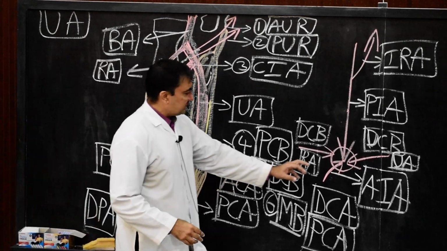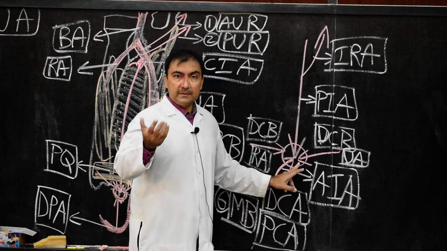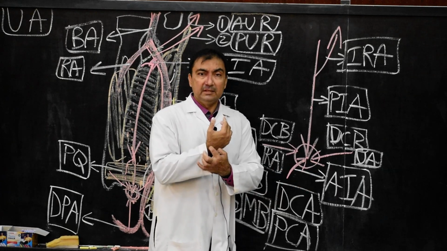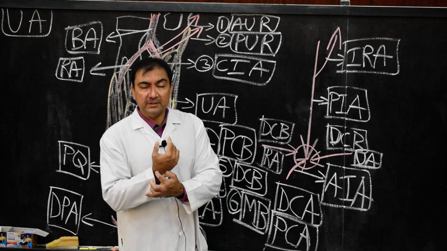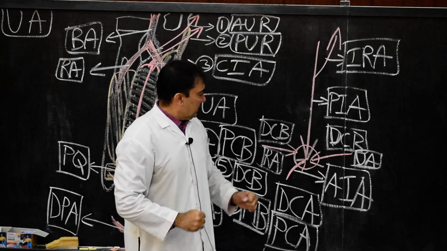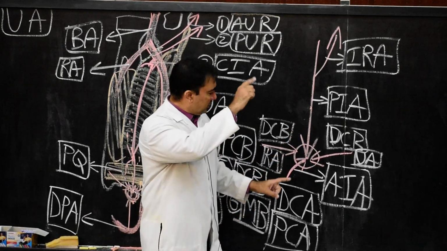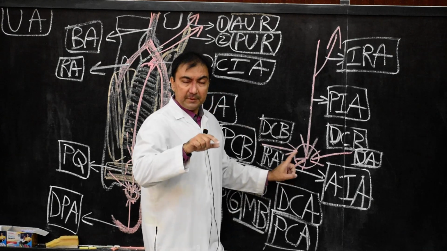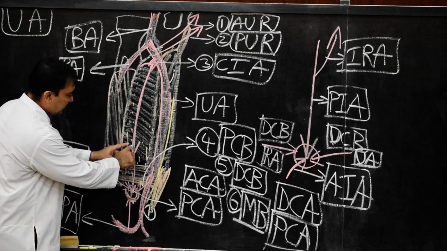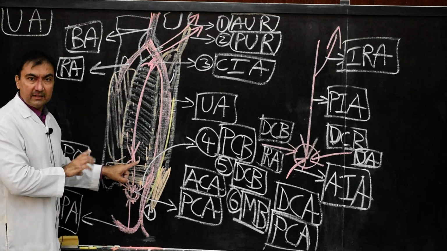Similarly, please come on this side. This is the dorsal carpal arch or posterior carpal arch, which is present on the dorsum of the carpus, posterior to the carpal bones. How is it formed? It is formed by a branch coming from above, the posterior interosseous artery. From below, the anterior interosseous artery. Remember the anterior interosseous artery, because we have seen that basically from the anterior side it will pass to the posterior side between the interosseous membrane and pronator quadratus.